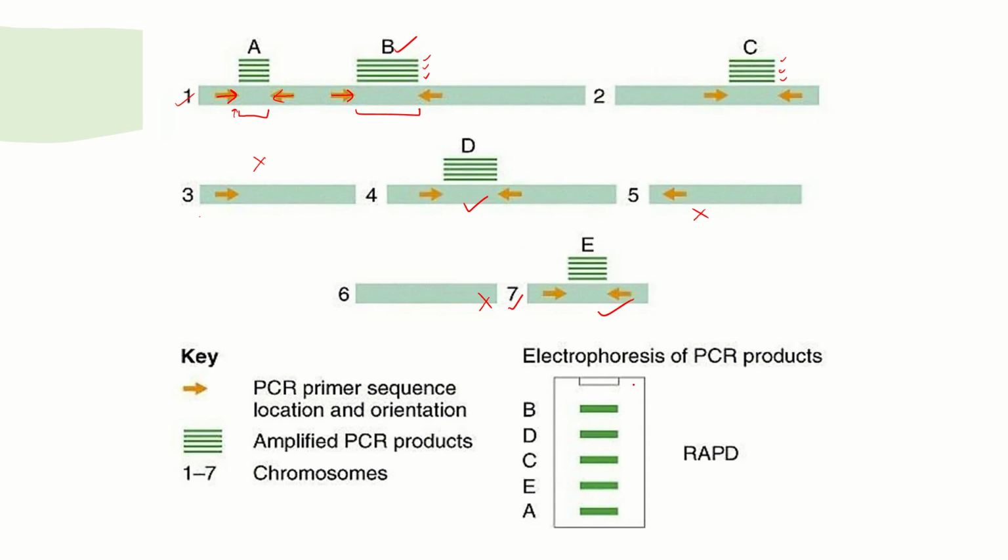Then we will run the electrophoresis of these PCR products, and this way you will get bands. Now you can see, these are in relation to the size. For example, band A was the shortest, so it has reached the farthest end, whereas B was the largest in size. You can see the length of this fragment. It is the largest, so it has stayed in the beginning part only. So the larger the fragment, the less it will move, and the smaller the fragment, the farther it will move. So smaller fragments move farthest.